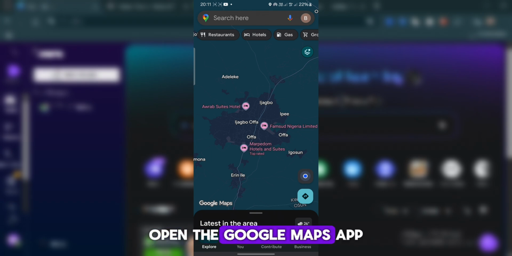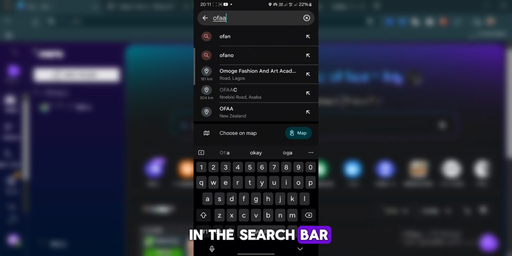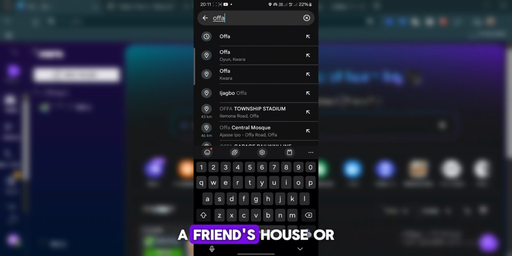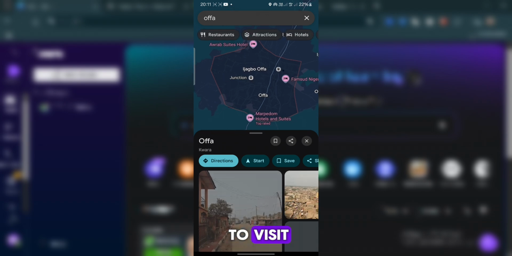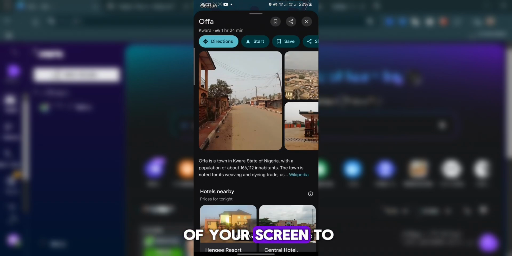First, open the Google Maps app on your phone and make sure you're signed in to your Google account. Next, type your destination in the search bar, for example, your work, a friend's house, or a place you plan to visit. Once the route appears, tap on the place name at the bottom of your screen to open the